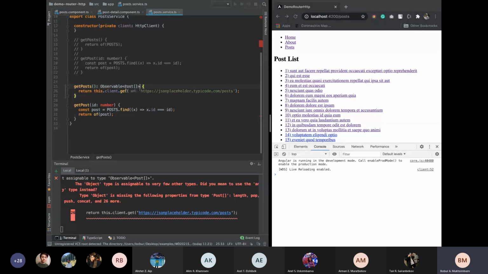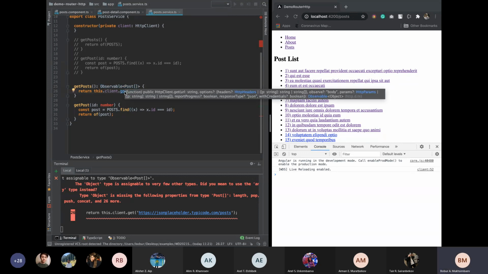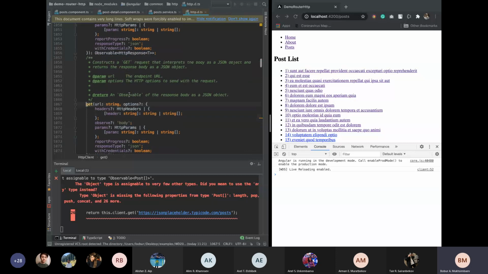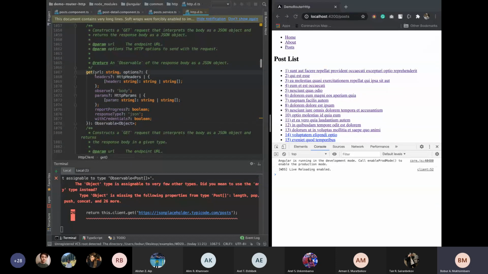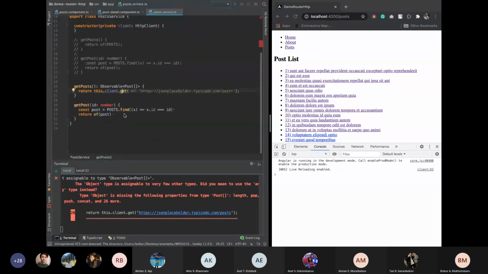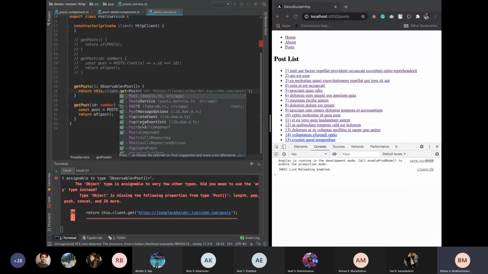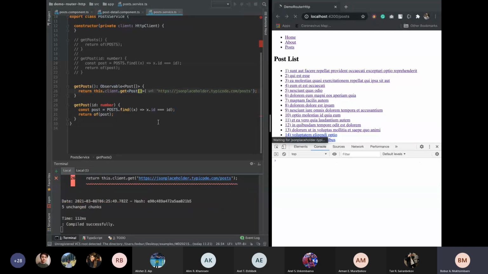List of post items. And after that, this is just the returning part of the function. And for the get HTTP request, we have here different types of URLs and options and so on, and you can set the data type that should be retrieved from this request. For instance, post, list of posts,